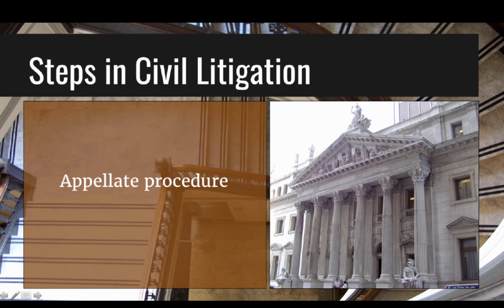There is not a new trial in an appeal. Instead, each side files a brief, or a written argument. The appellant explains why the previous decision was erroneous, and the appellee explains why it was correct. Oral arguments may also be made. The court reviews the briefs and the oral arguments and comes to a decision. The court may reverse, affirm, or modify the prior decision, by lowering damages, for example. The majority opinion is explained and written by one of the judges who voted with the majority. Other judges may also write dissenting opinions or concurring opinions.